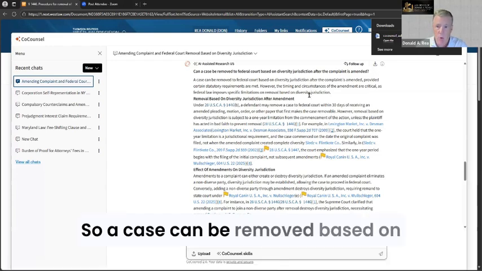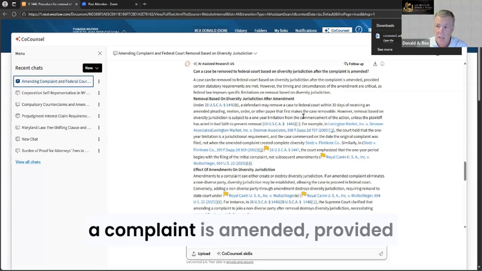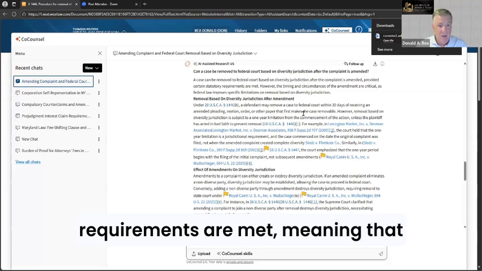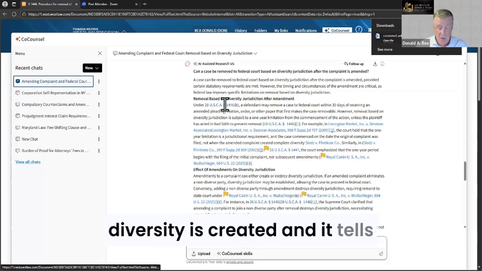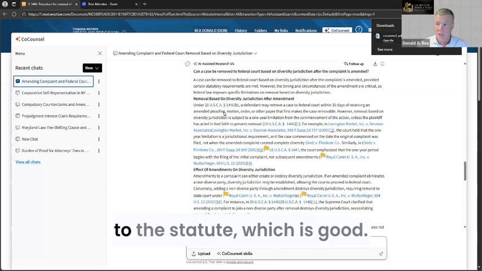So a case can be removed based on federal diversity jurisdiction after a complaint is amended, provided that certain statutory requirements are met, meaning that diversity is created. And it tells you the statute. If you click the hyperlink, you'll go directly to the statute, which is good, except